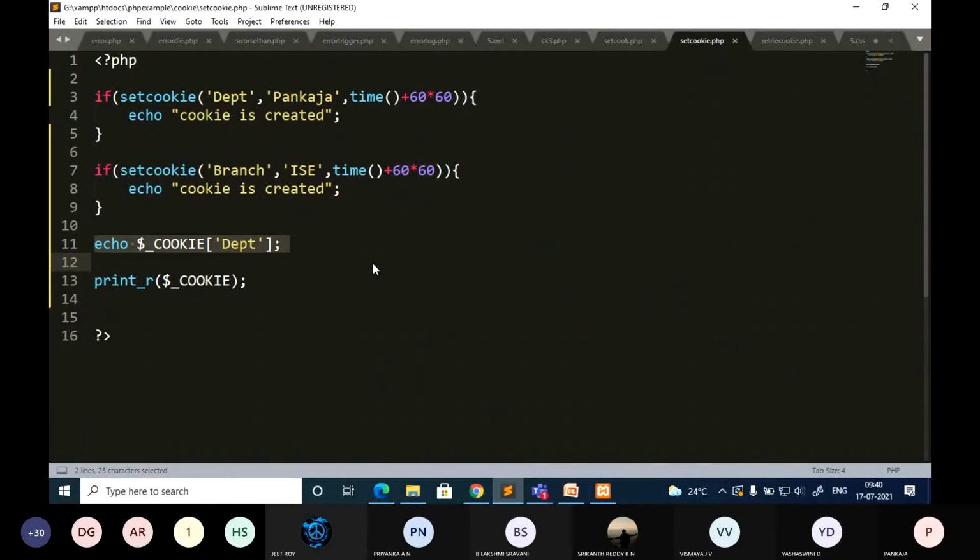Okay, there is one more superglobal array I have left, that is server. Oh, sorry, server is already done. Server, request is done. Cookie is done. Next we'll move on to